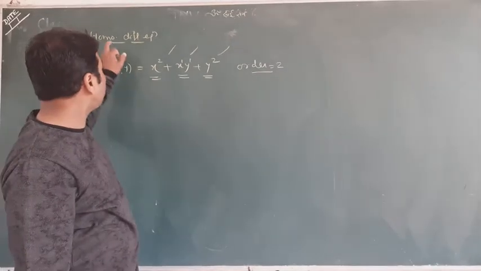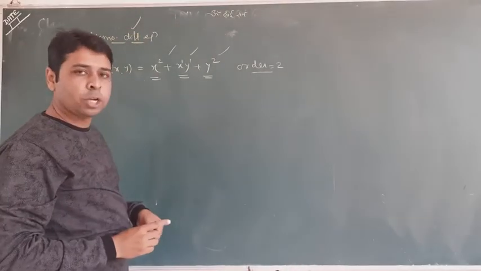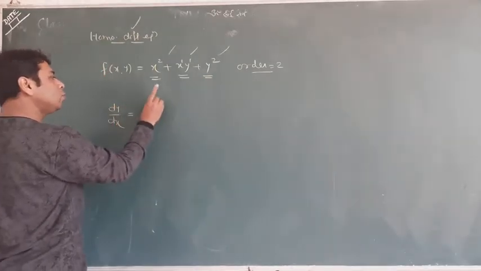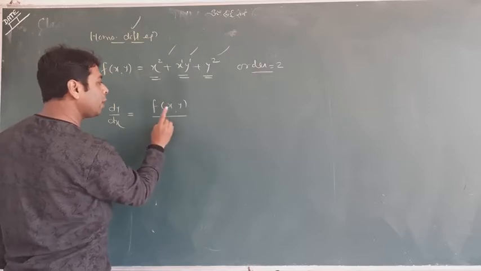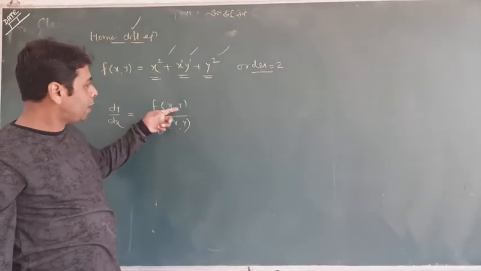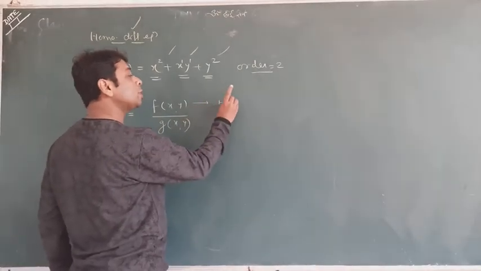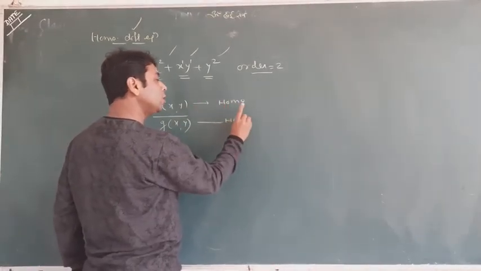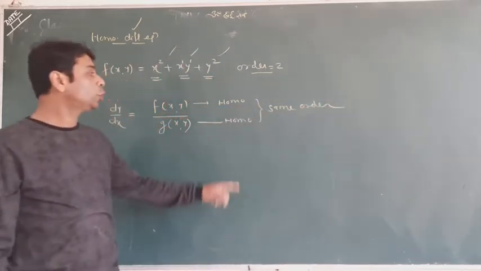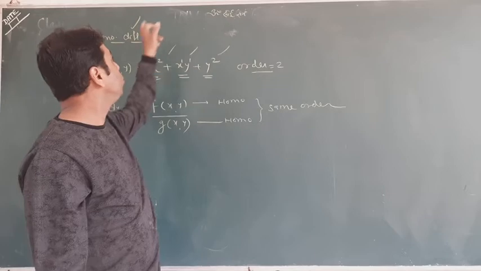Okay, now you have got what a homogeneous function is. Now we will focus on the homogeneous differential equation. Definitely a differential equation will contain dy by dx, and it is equal to, suppose, f of x, y upon g of x, y. Very good thing I am telling you, don't worry. We have an expression in x and y in the numerator and an expression in x and y in the denominator. Both should be homogeneous, both of the same order. That's a very important thing. Both should be homogeneous of the same order, and along with dy by dx the whole is called a homogeneous differential equation.